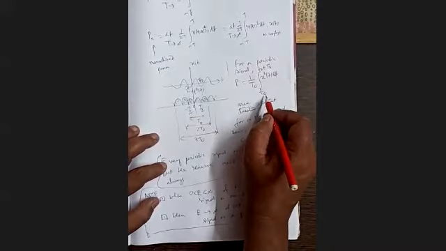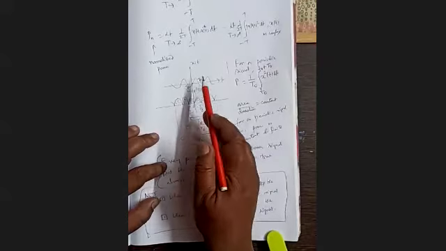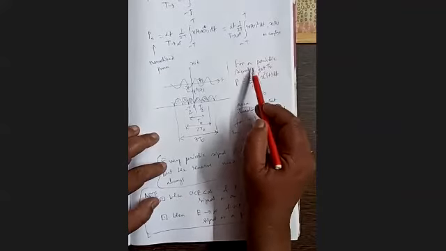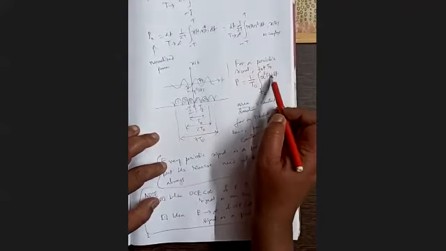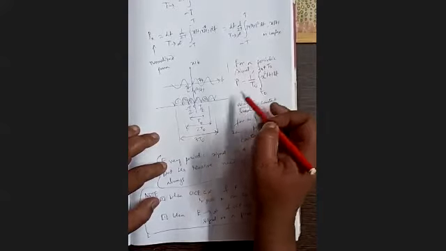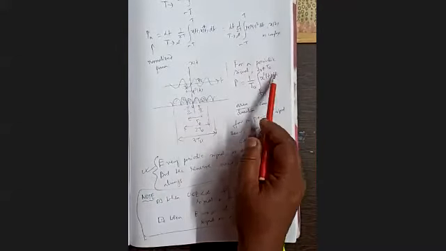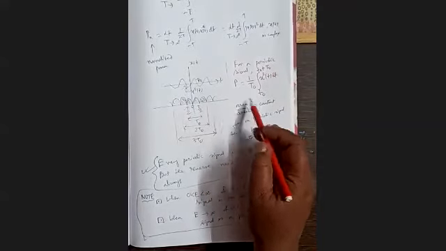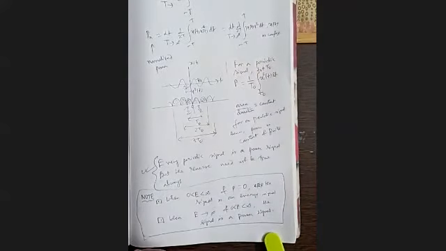Our small t0 is any initial time. It may be 0, may not be 0. For a periodic signal, we can start from anything, but we have to consider one complete cycle, one time period. So it is the area under the squared function of one cycle divided by the time period. That is the power of the signal. If you take double the time period, area will be doubled, so the ratio is the same. If you take 3 times the time period, area will be 3 times. So power will always be the same. So for a periodic signal, it is sufficient to use that particular expression.